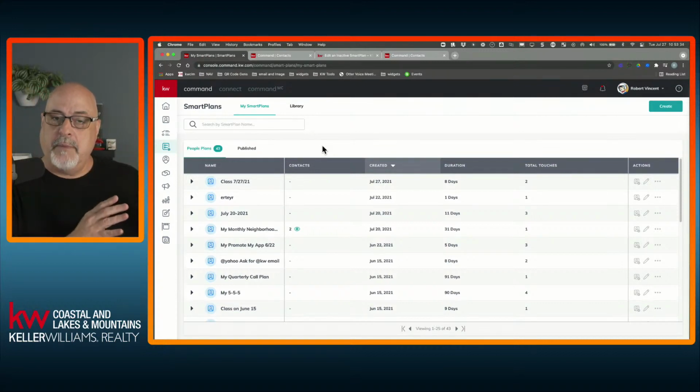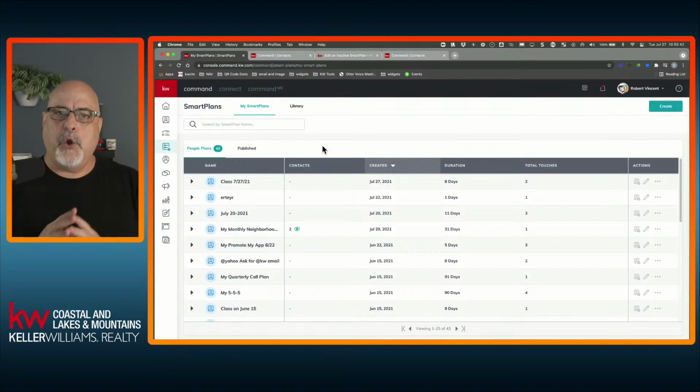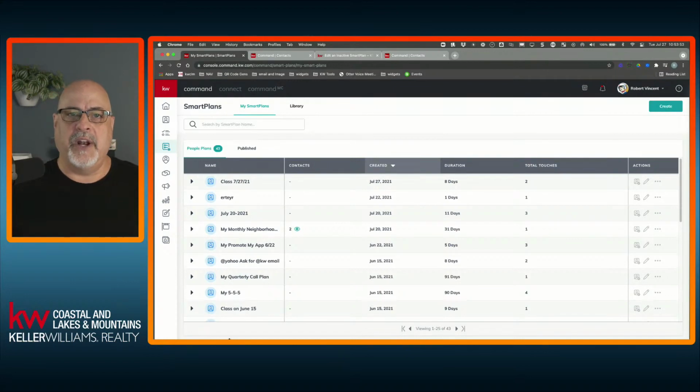So as we're talking about this message, we're thinking about who it's going to and how we're going to group those people together. Now that we've done that, we can go back into the SmartPlan and put the SmartPlan together, knowing who we're going to be communicating it to, and save it. Once we've saved our SmartPlan, we can do a couple of things to add people to it. So here's my class